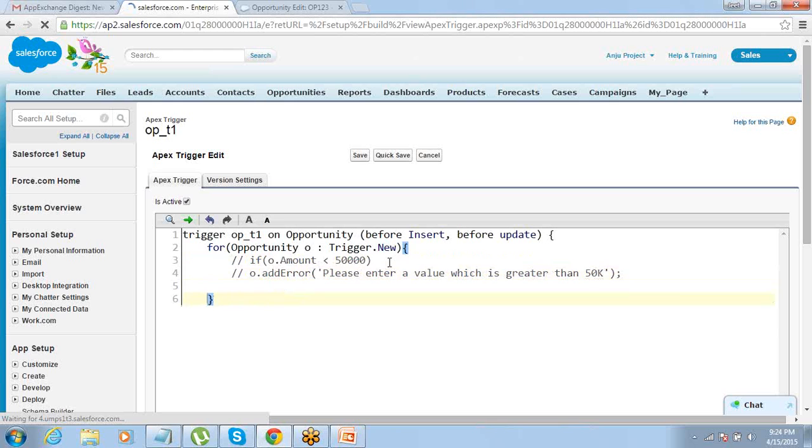I've commented these two lines and I will write it the other way. If Trigger.isInsert and o.amount is less than 50,000, then o.addError.